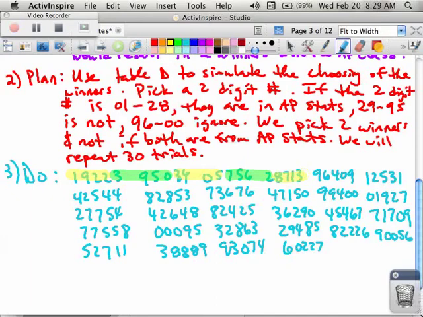So I can keep a tally off to the side. I know right now that my yeses and my no's, here's 1. I got 1 yes. And then I got a no. And then, are they both from AP Stats? No. So that's a no in the yellow. And then the second green, are they both from AP Stats? No.